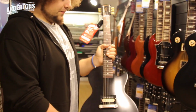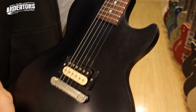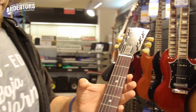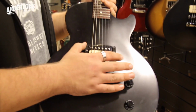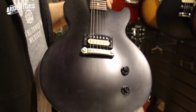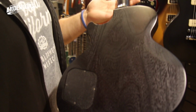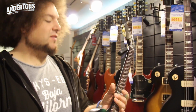So this is a Gibson Les Paul CM. It's £499. It's made in America. It's the full fat Gibson Les Paul. And it's quite a similar look, because Joe Perry's was gloss black with one pickup and a trem. This is satin black, one pickup and a hardtail. So it's pretty close. It's thin. It's a two-piece mahogany body, mahogany neck, made in 2016. I reckon